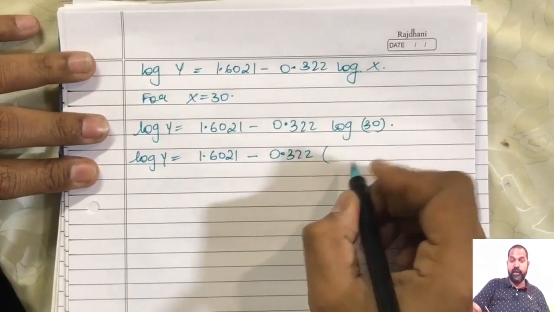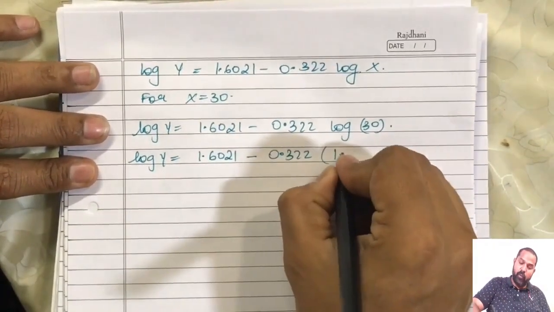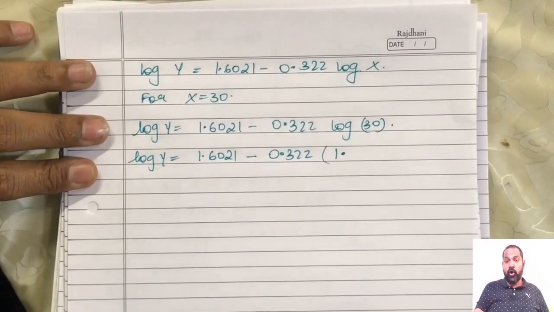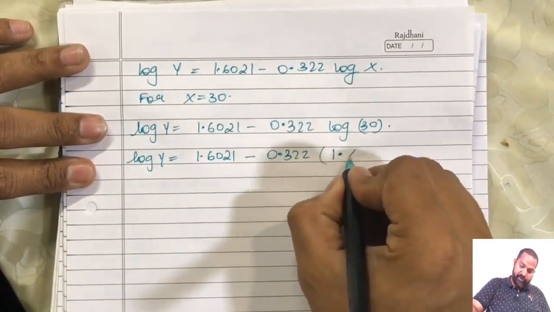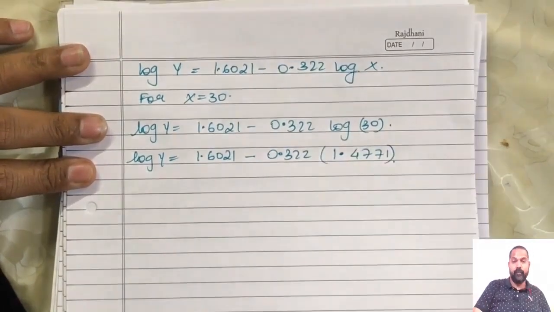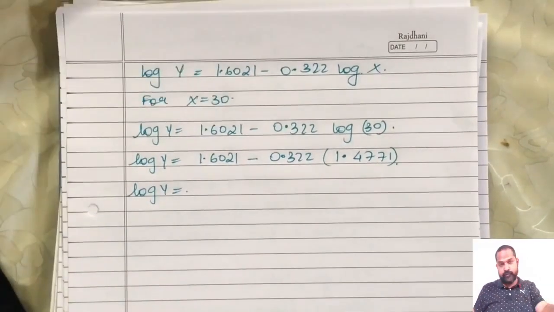How do you find log of 30? How many places before the decimal? 2. Minus 1 is 1. Log of 30 will be 1.4771 if I am right. Yes. Simplify. Log of y is equal to